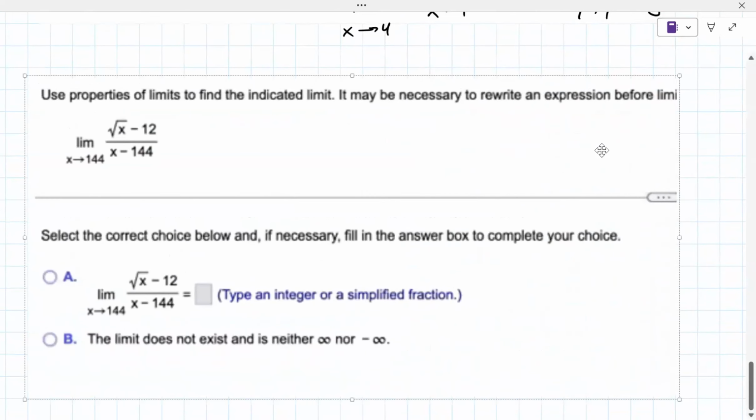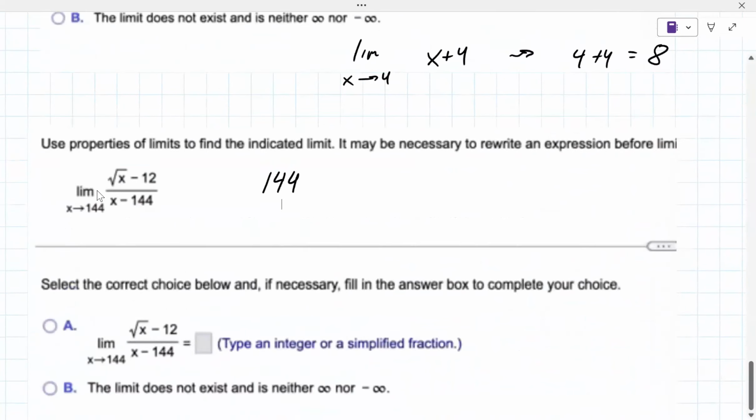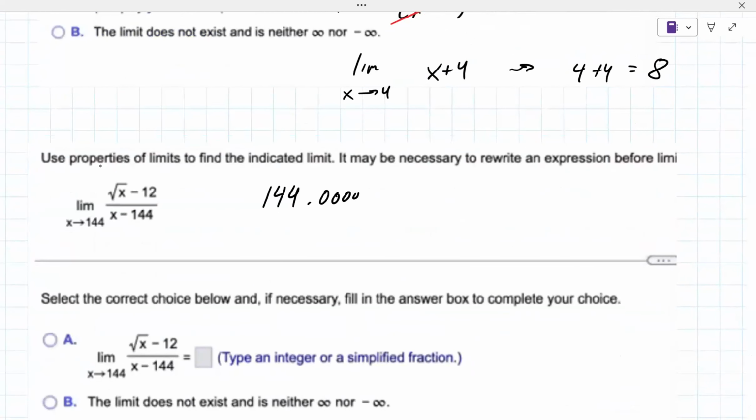Same idea. You could pick a number really close to 144. And if you're wondering why I'm picking 144, it's this number here. Why I picked something close to 4 before, it's this number here, the limit. So you could pick like 144.0001 or 143.9999, and so on like that. But there is a way to do it by hand. And because this one says integer or simplified fraction, we may find that that doesn't quite work, or you'll have to guess what the fraction is. So to do this properly,